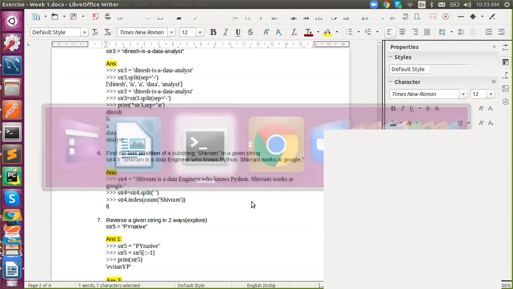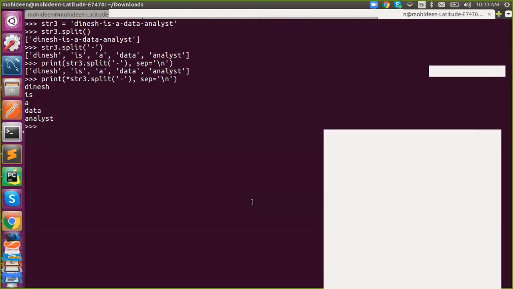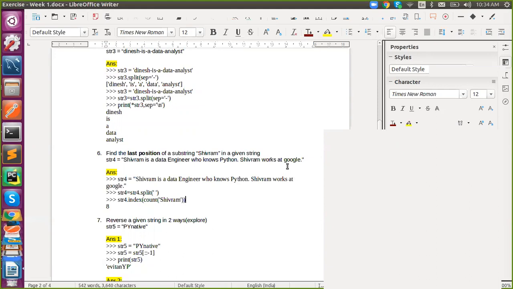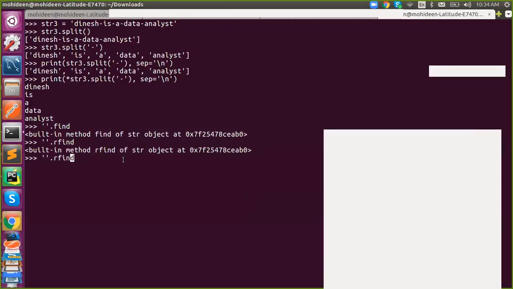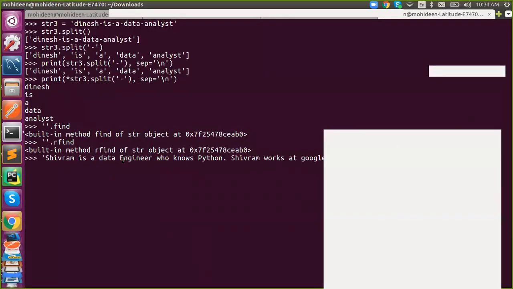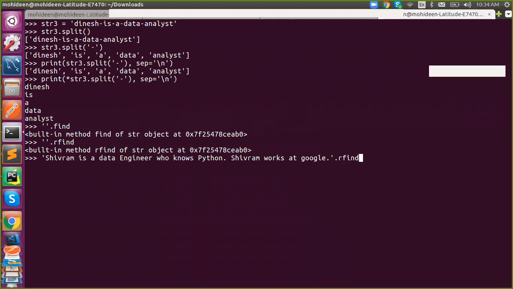Okay, so we have to use rfind. This is my content. So the solution is rfind.